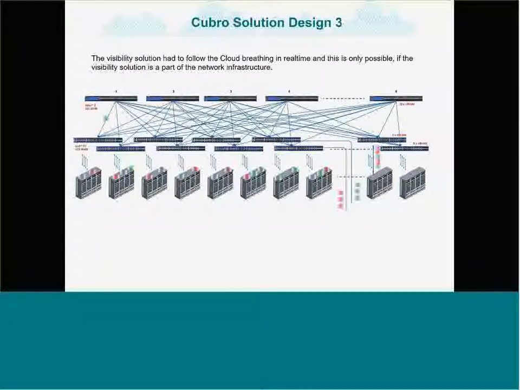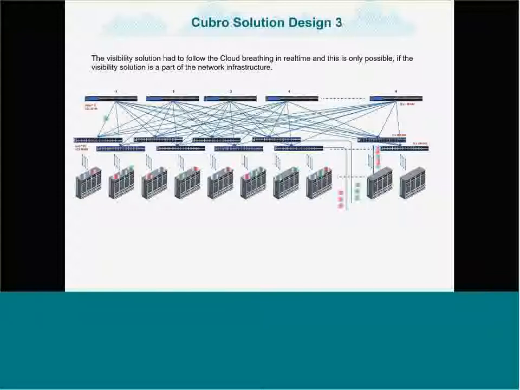So in this case, what we can do now is filter not on an IP address, because this is not relevant anymore. We are not even filtering on a tenant ID. The tenant ID is the virtual machine ID. So what we do is filter really on the service ID. So this is layer 6. And we use the network infrastructure to forward this filtered traffic over the existing infrastructure and feed this in a tunnel, in a VXLAN tunnel,